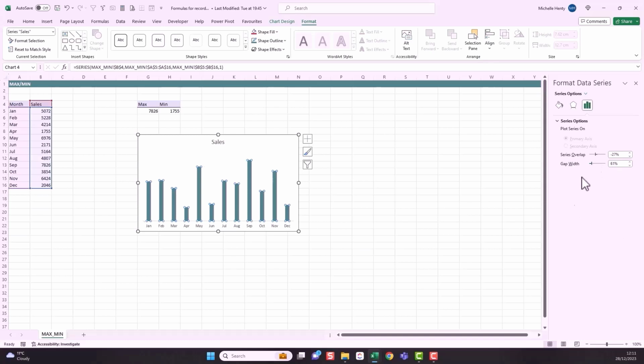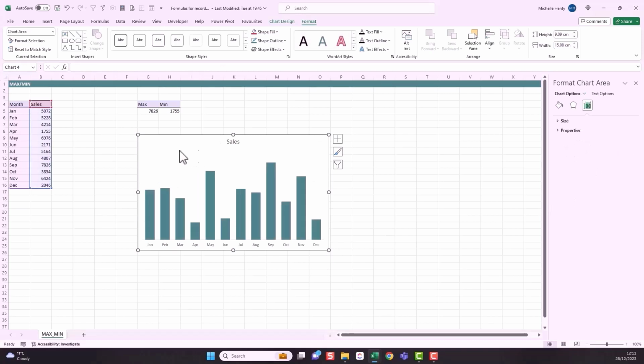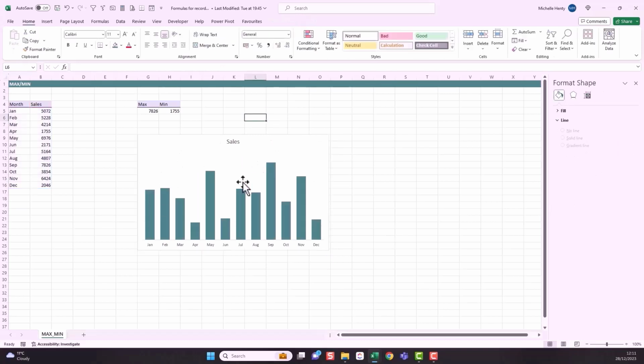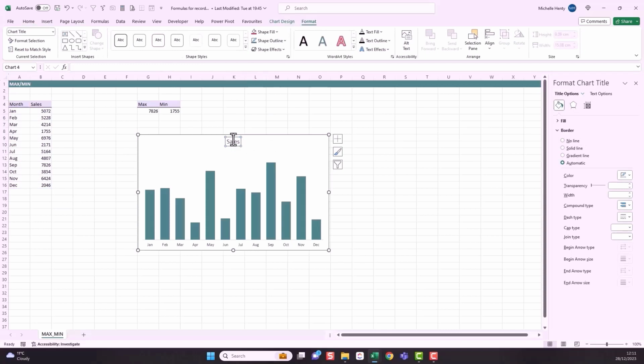Maybe even just something like 60, and that looks a bit better. So within a few seconds, I've made that chart look quite nice. Obviously up here, my title might relate to something like sales 2022, 2023. You might want to amend that or link it to a cell. I might have the word sales 2023 written here, either here or as the header, and I can use that